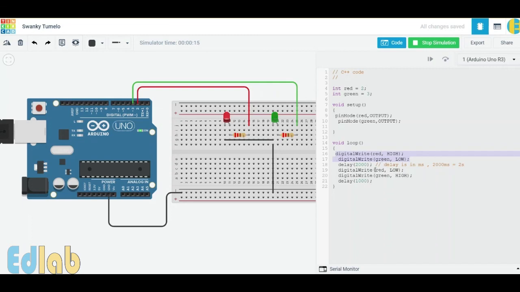After 2 seconds, the red LED will be off and the green LED will be on. And after 1 second, the program will again start executing the previous commands. So that's how we can use delay to perform different sequences for our digital outputs.